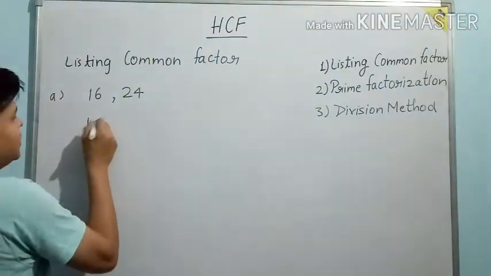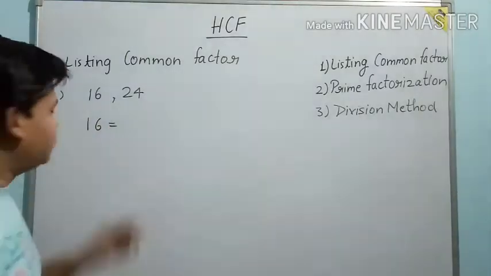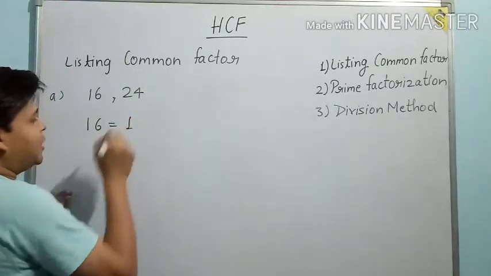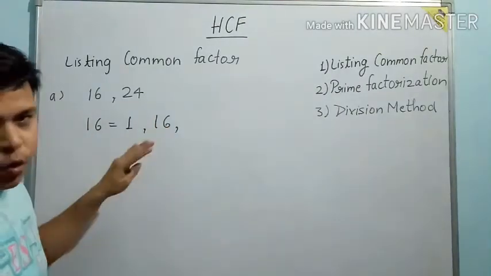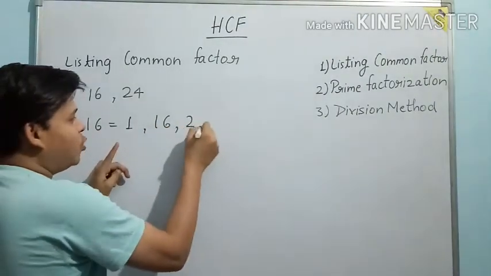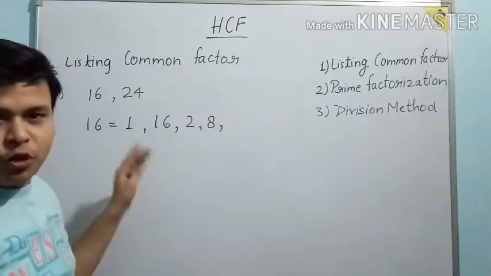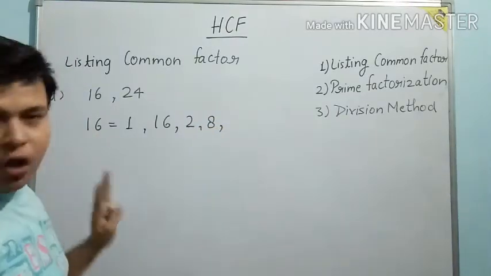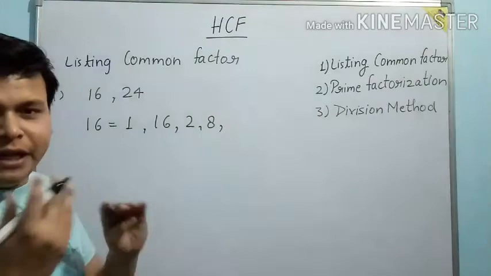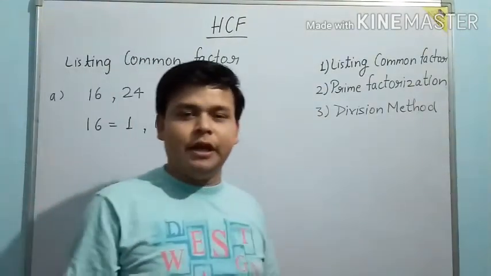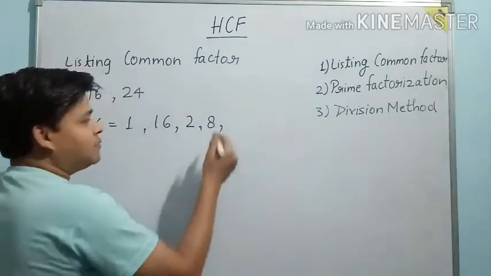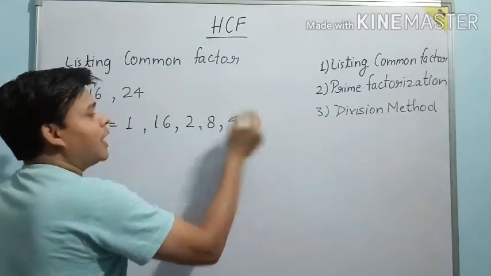जैसे कि first of all for 16. So the factors of 16 are, like as I told you, 1 16 times. So 1 and 16. After 1 2. So 2 8 times. We will write 2 and 8 both. After 2 3, but in table of 3 16 will not come, so we will skip that number. यानी कि 3 की टेबल में 16 नहीं आता, इसलिए हम 3 को skip कर देंगे. Next is 4. So 4 times 16, so we will write 4 and 4.